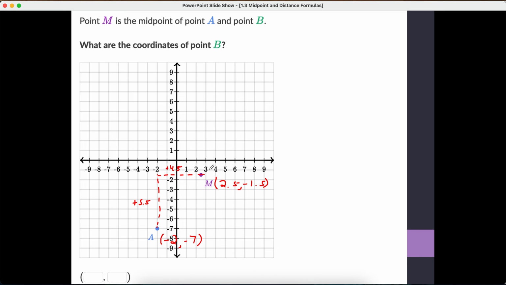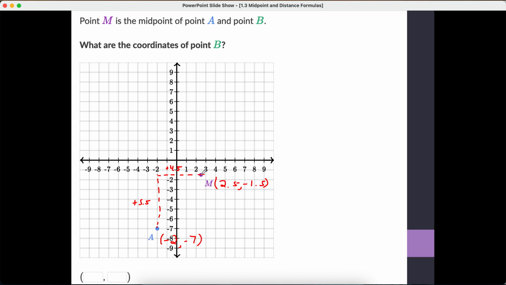So if I were to go up 5.5 and right 4.5 again, that should put me at point B, because I would expect this up and right ratio from A to M to be the same. That's what it means when M is in the middle. Alternatively, I could just go up and right double these numbers. I can go up 11, right 9 from A, but instead I think I'll just go up 5.5 and 4.5